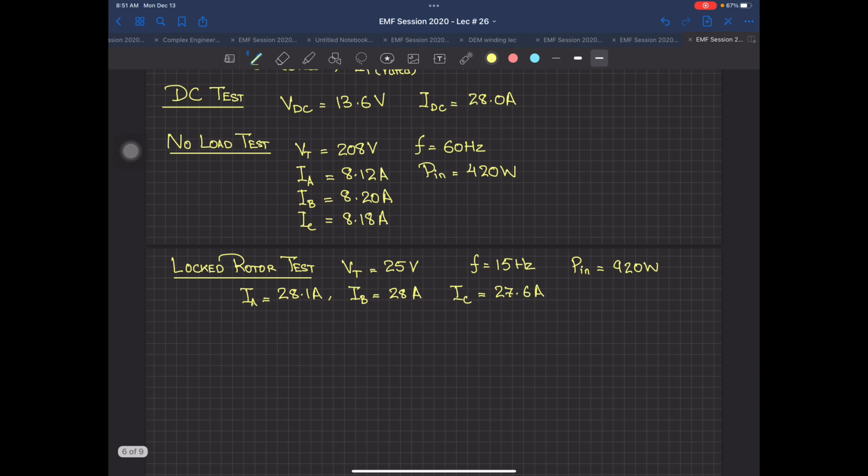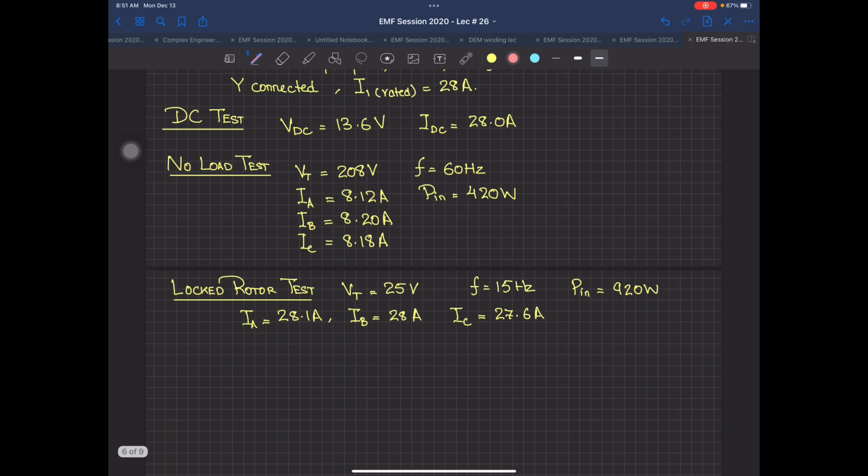Now when you are going to solve this numerical, let me solve this one over here. I guess the DC test is first. So if I want to find out, first of all, the resistance, this is Y connected. So I guess this will be very simple. R1 would be equal to VDC divided by 2 IDC, and what is VDC? This will be equal to 13.6 divided by 2 into 28, because I have this one over here. Anyone with a calculator, please verify this one. I have the value over here from the book, but just verify.